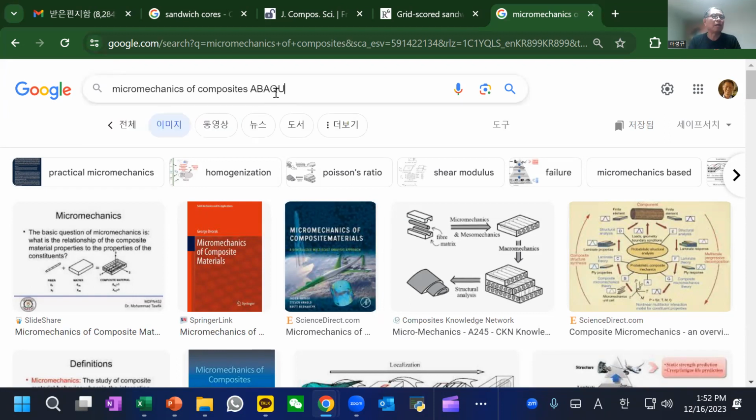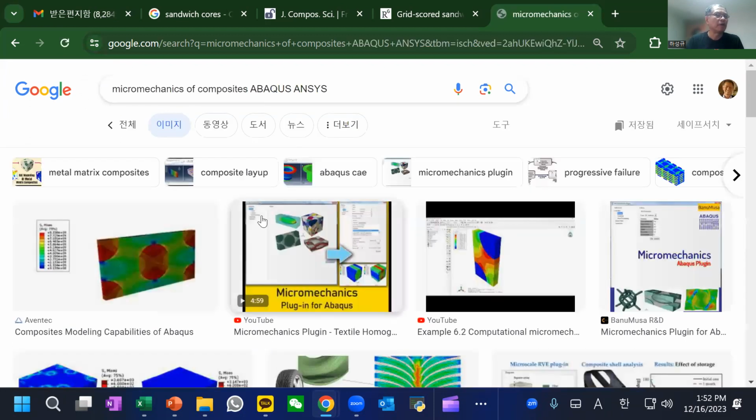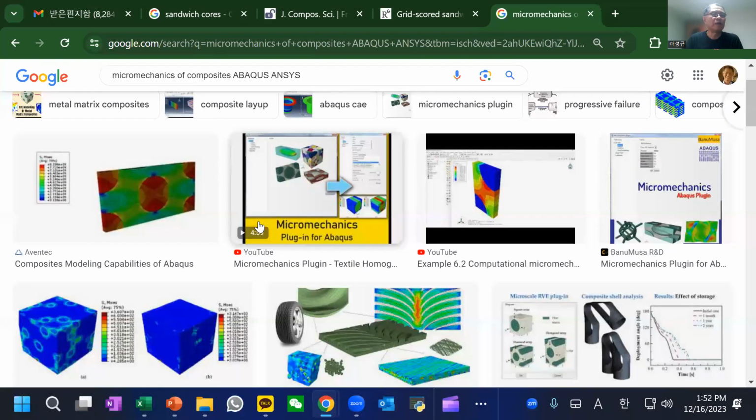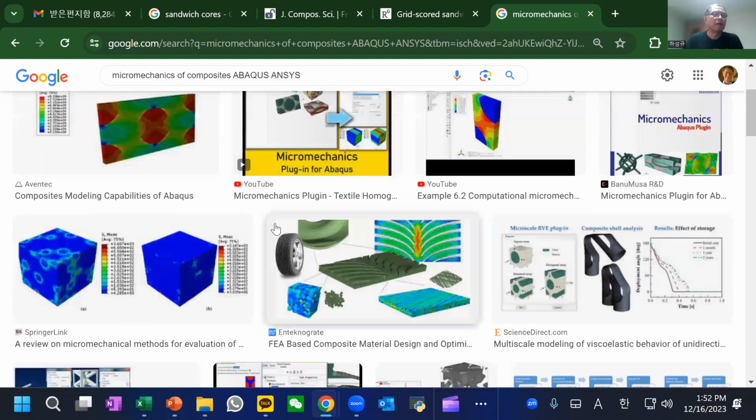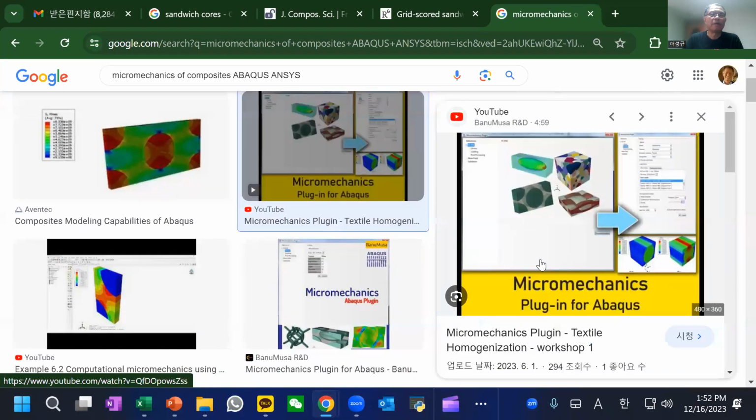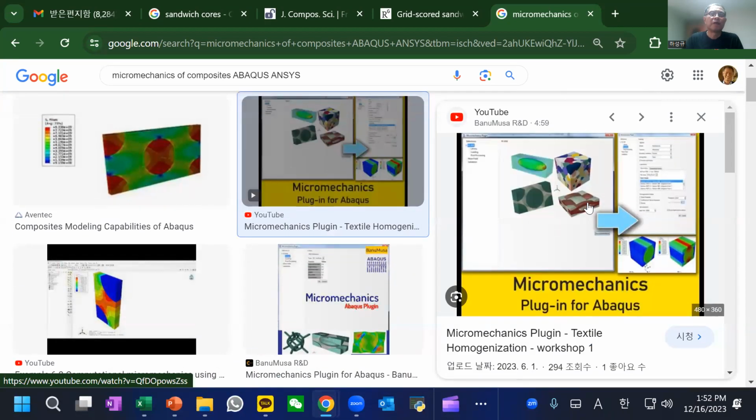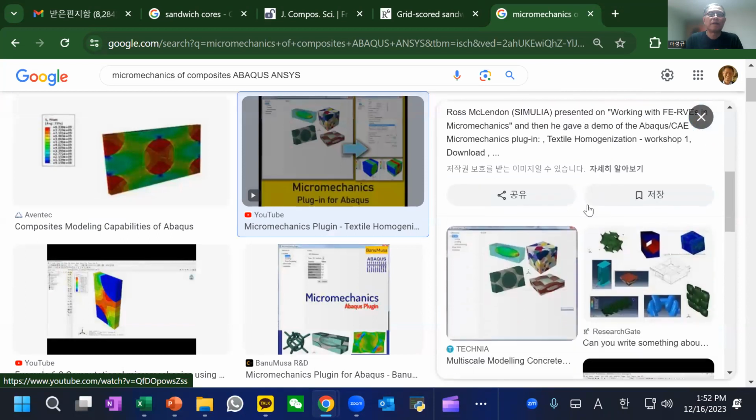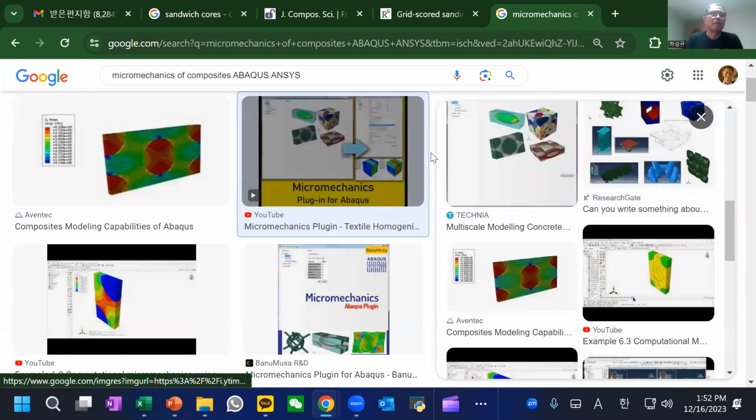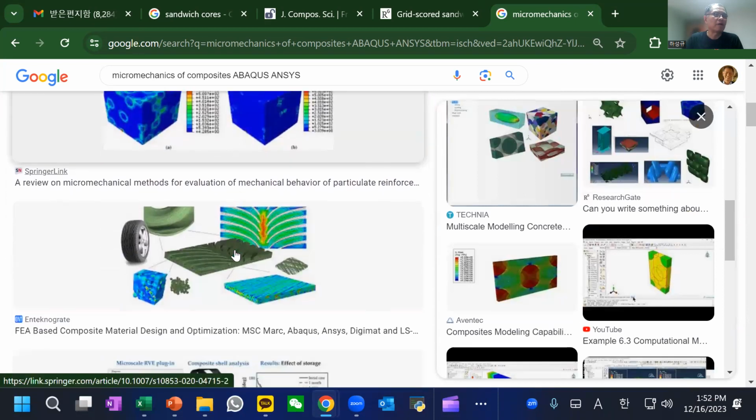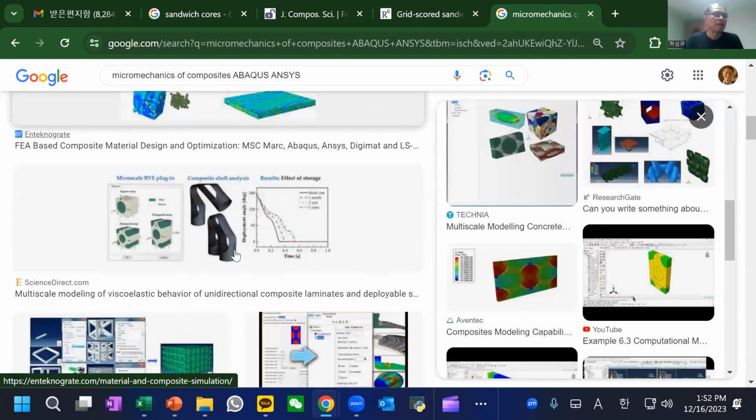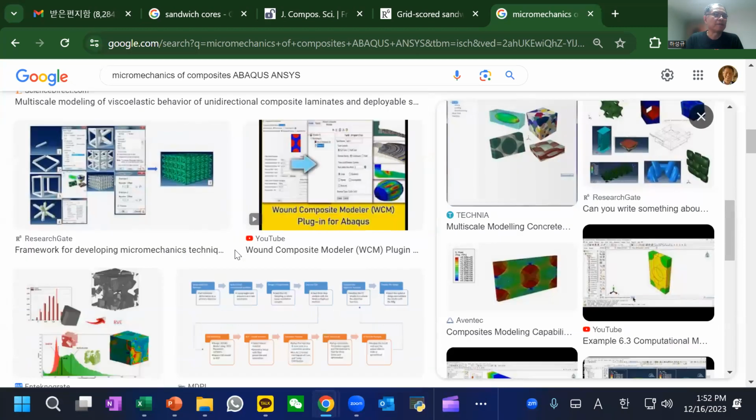And also Abaqus, ANSYS, they have such tools. We can use the conventional CAE tools to go into more detail, and there can be a lot of YouTube videos and studies. Okay, so again, I don't need to go into detail, but I just would like to emphasize that this is an important subject. So